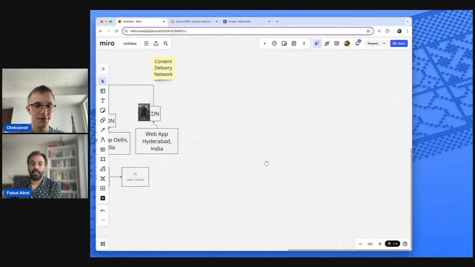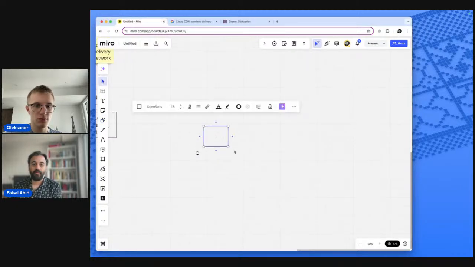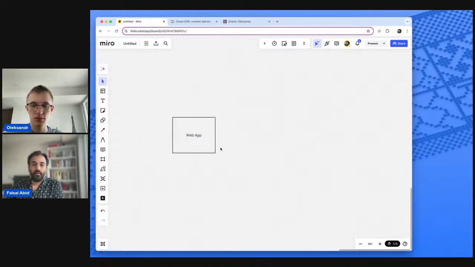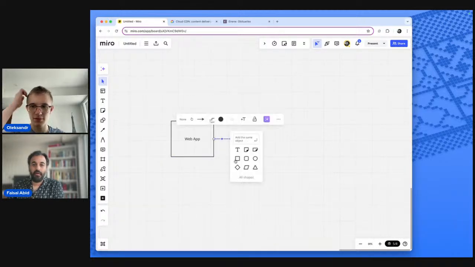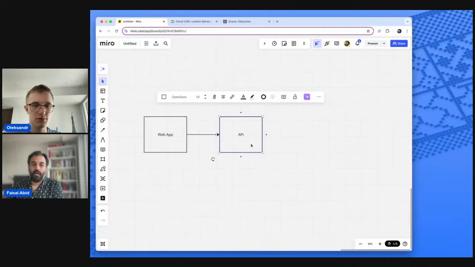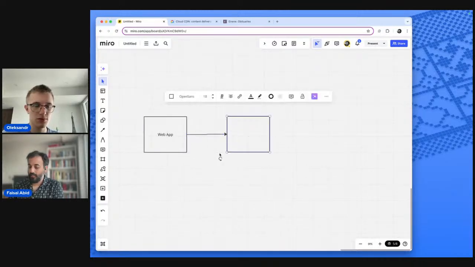So if we were to think at a high level about where CDNs fit, I'm going to have this master diagram that we can keep up to date here. We have the web app, and the web app talks to a load balancer.